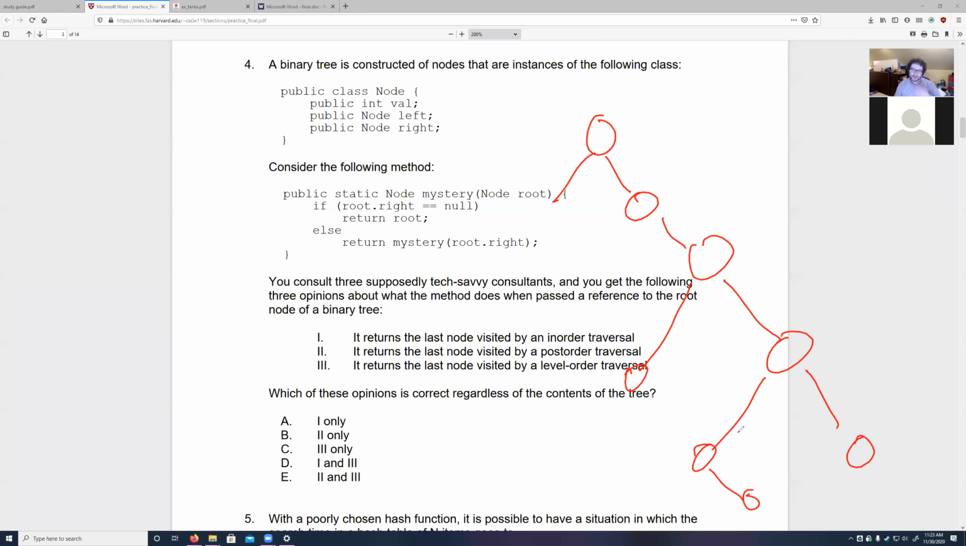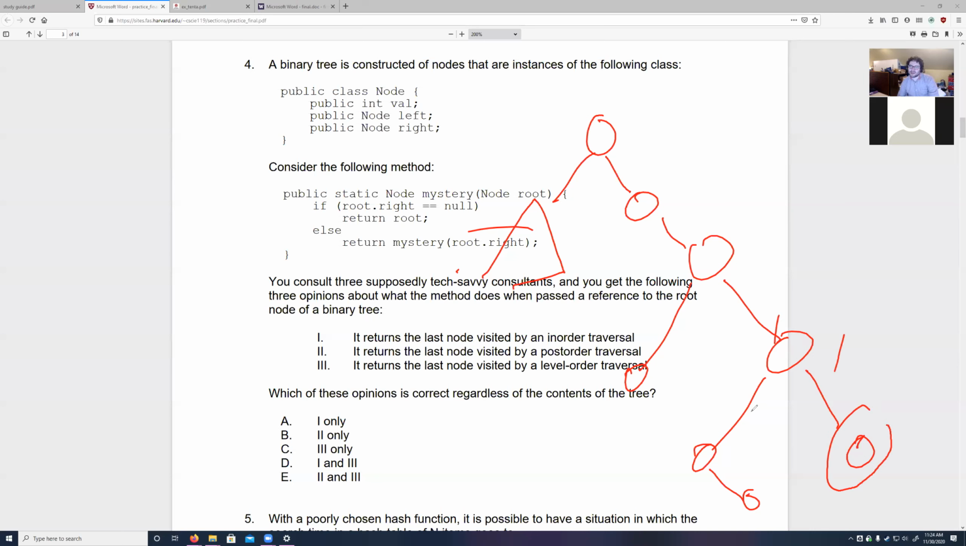Okay. So in order traversal, we do our left subtree, then we do our self, then we do our right subtree. So here, what we're saying is, hey, if we don't have a right node, then return ourselves. Otherwise, call this, which says, hey, if I don't have a right node, return myself. Otherwise, call this. So this basically says, call mystery on this node, which says call mystery on this node, which says call mystery on this node, which says call mystery on this node. And this node goes, I don't have a right subchild, so I guess I'm going to return myself. So we return this node over here,